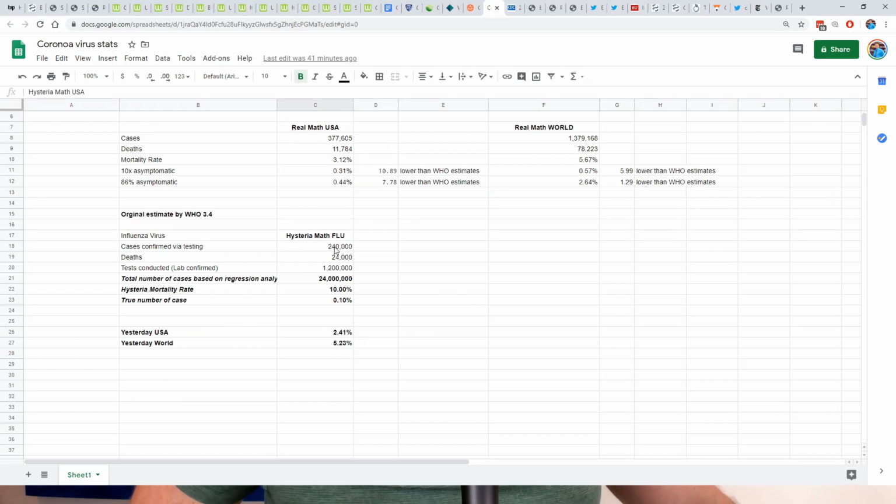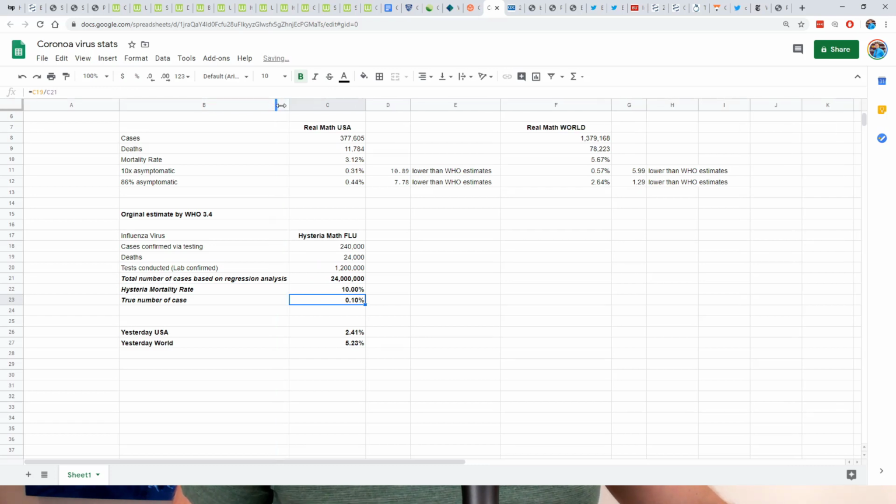And let's apply this to flu, okay? If we have 240,000 confirmed cases of flu a year via lab testing, and then we have 24,000 deaths, which is where we're about now in the season, and about 1.2 million tests were done. We can do regression analysis from this 1.2 million and figure 24 million people actually had the flu, and that would give us a 10% rate if we didn't factor in these numbers. So 10% would be the hysteria math. The real rate, when we factor in the total number of cases based on regression analysis, is